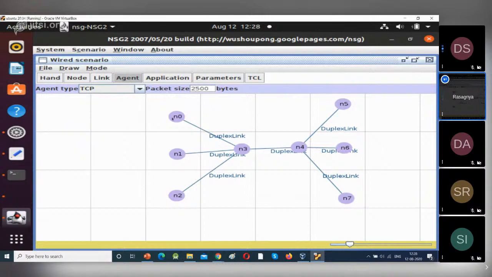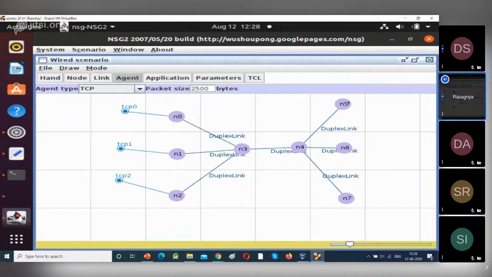Now connect TCP to N0, N1 and N2 because these are my senders. Just click on N0, move and click. Next click on N1, move and click. Next click on N2, move and click. So three TCPs have been connected to N0, N1 and N2.